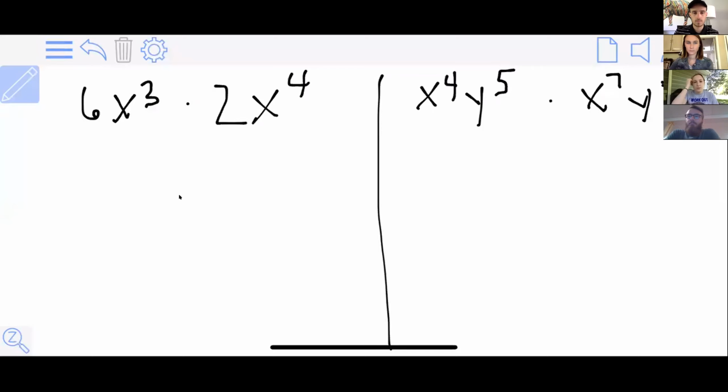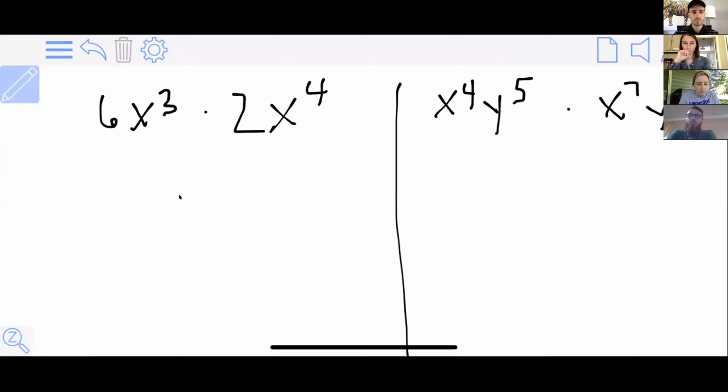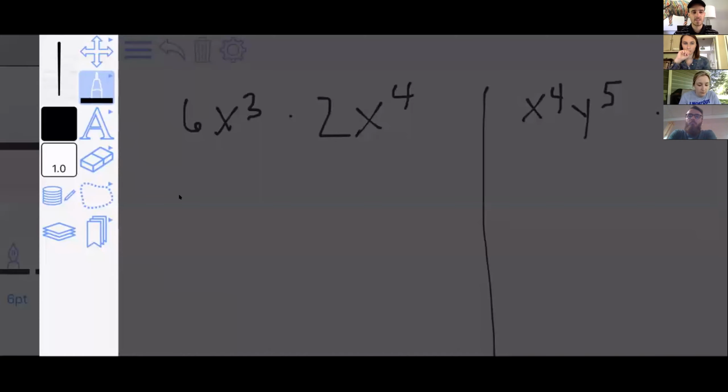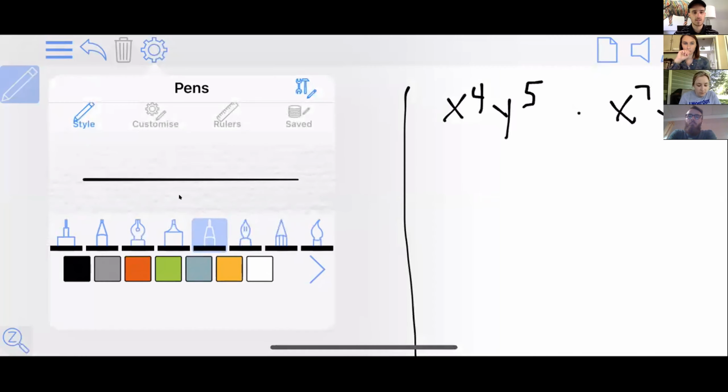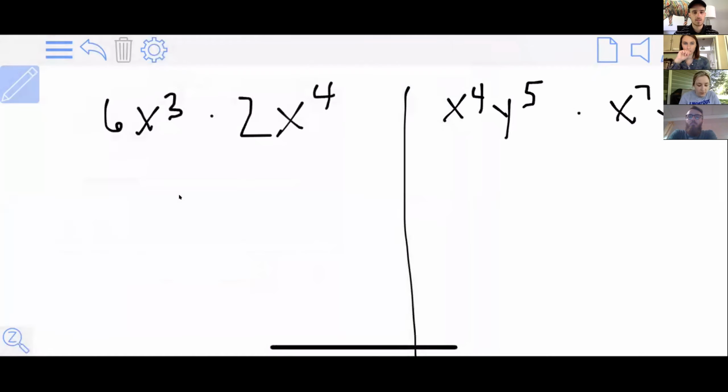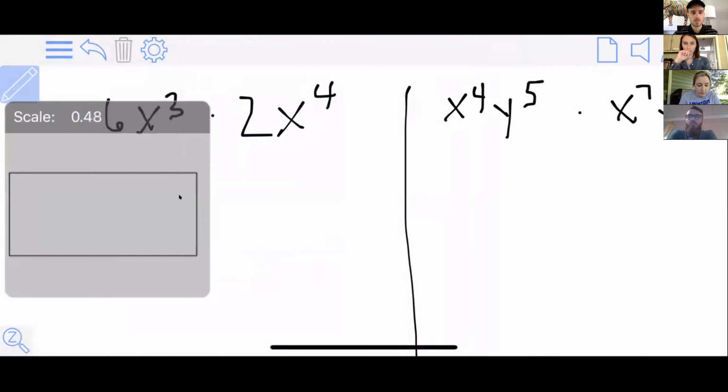Okay. So for this problem, we have the same base, so we can keep those, which means that we can add the exponents. So what is happening? Okay. So we have 3 plus,